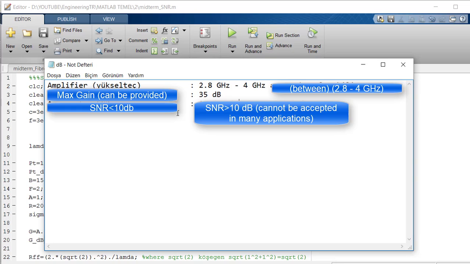We have various amplifiers. He tells me to create a radar system. It says that such a selection of amplifier and frequency that you will use in this radar system should give me this gain value. So the amplifier you will use will provide 35 decibels of gain. There was one amplifier. This amplifier operated between 2.8 GHz and 4 GHz and provided up to 35 decibels of